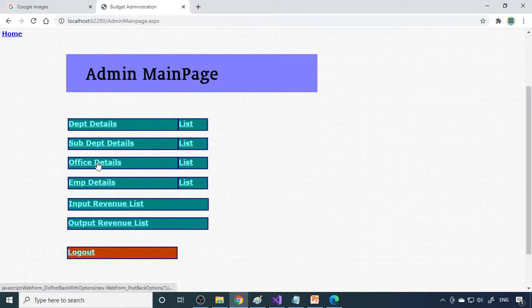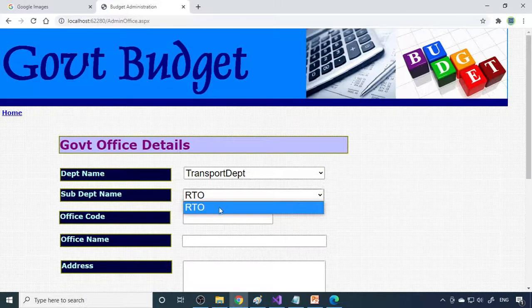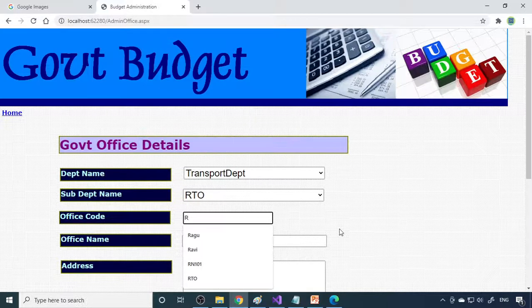Now is the offices. Where are these offices? Okay, this is the transport department, and then this is RTO. So here is the code actually, because in every taluk we have an office, in every area we have this RTO office. So that we need to write down. Okay. So one we take as Rajanagar RTO. R101 is the code actually. We can take as R Nagar.